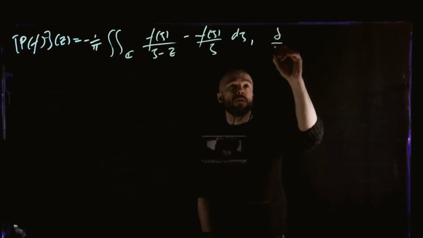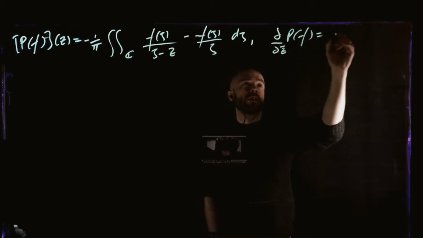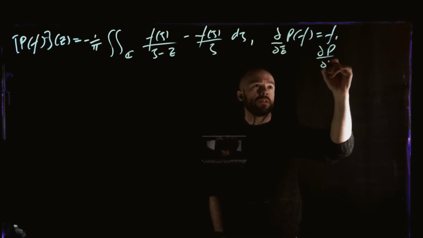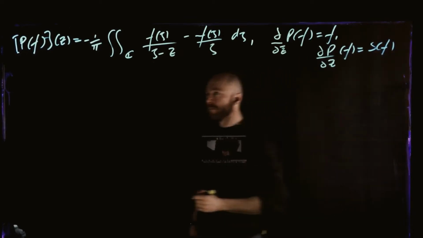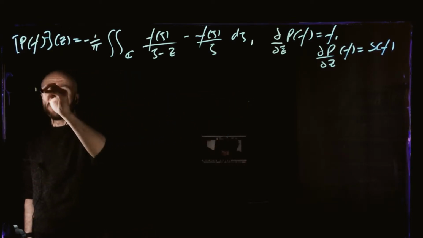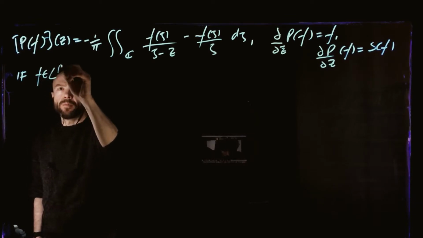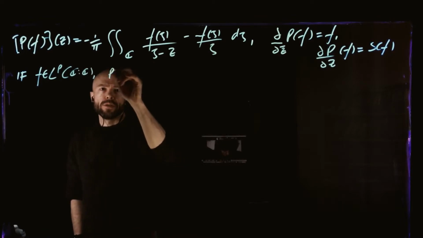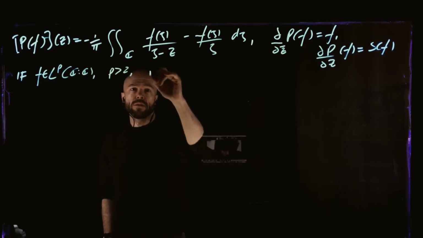So when we differentiate with respect to z, all the identities we know hold true if we differentiate from the outside. So if we do d by dz bar of P of f, we're going to get back just f. And if we do d by dz of f, we will end up with the Bernoulli transform, right? And we spent all of Friday proving the following LP bound on this thing, that if f belongs to LP of the complex plane, and p is bigger than 2, then actually we'll have that,